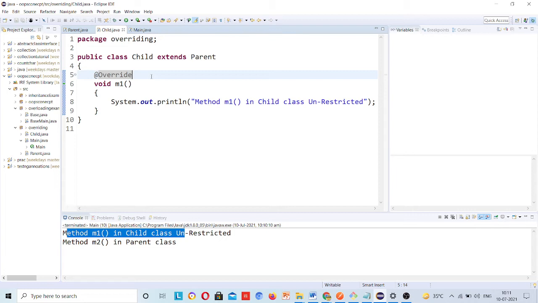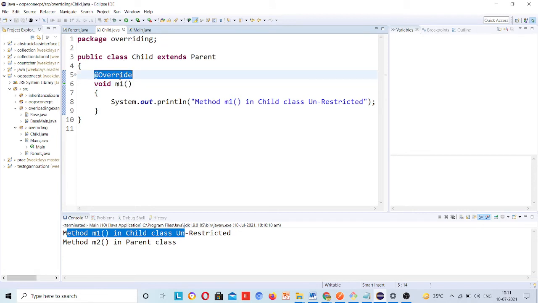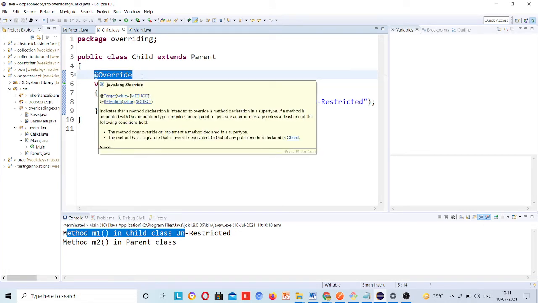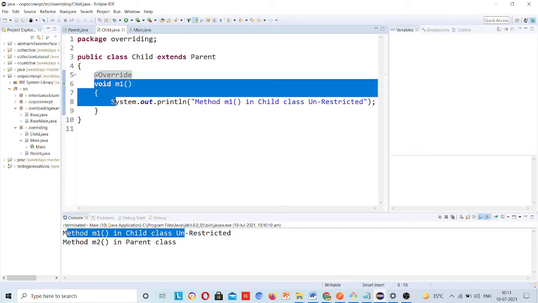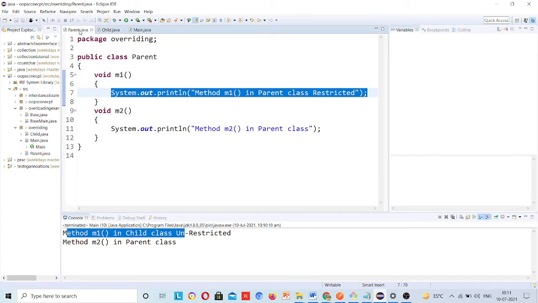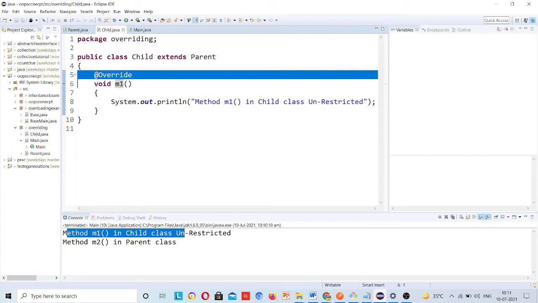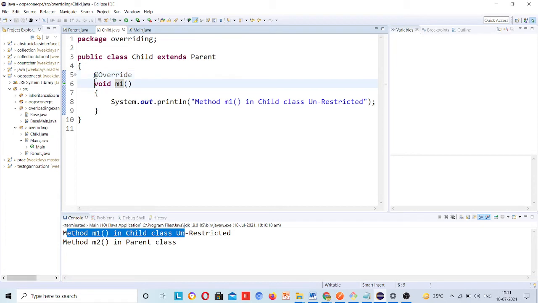Okay, now you can say, sir, this m1 method was present inside this parent, now we are writing in child, so of course this is overriding, then why are we writing it? There is a difference. It will check this m1 method inside this parent, whether it is present or not. If not present, then it will be an error. It will tell you that you are saying that you are overriding a method, but there is no method in the parent class with the same name.